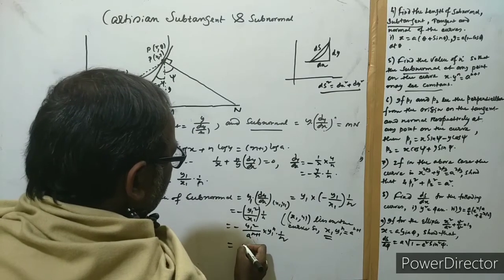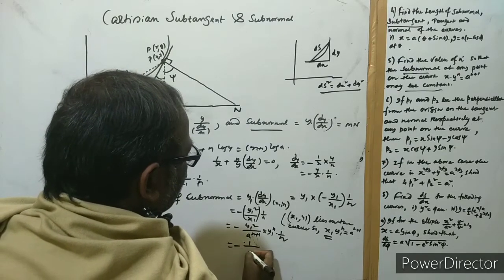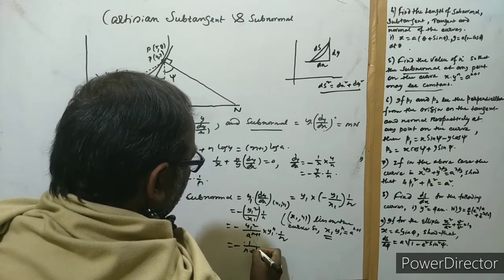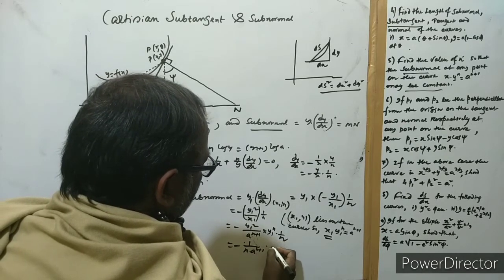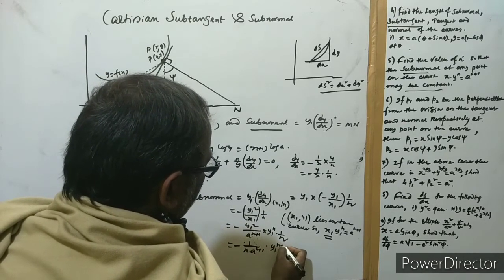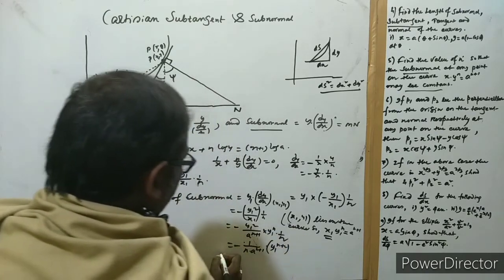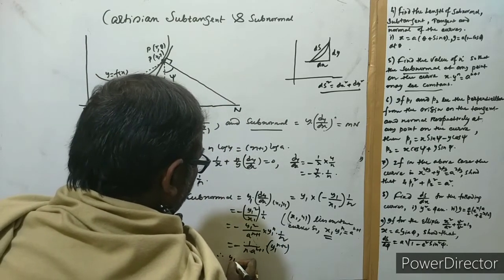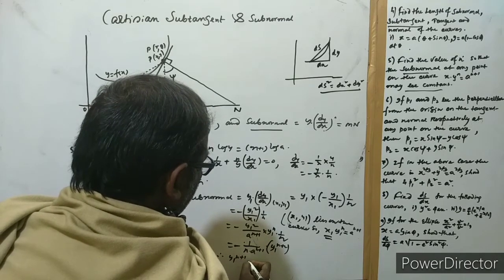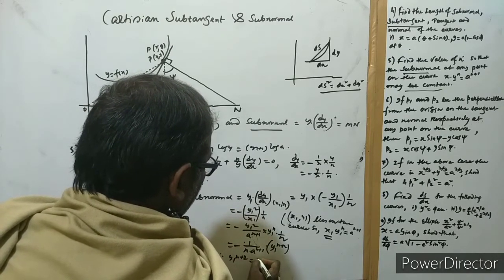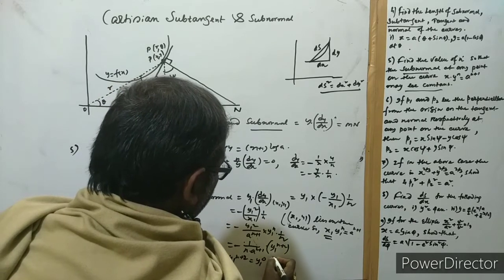So see here, minus 1 by n into, this is a constant, and also the power of y1 here is n plus 2. So therefore y1 to the power n plus 1 n plus 2 is equal to y1 to the power 0 actually,